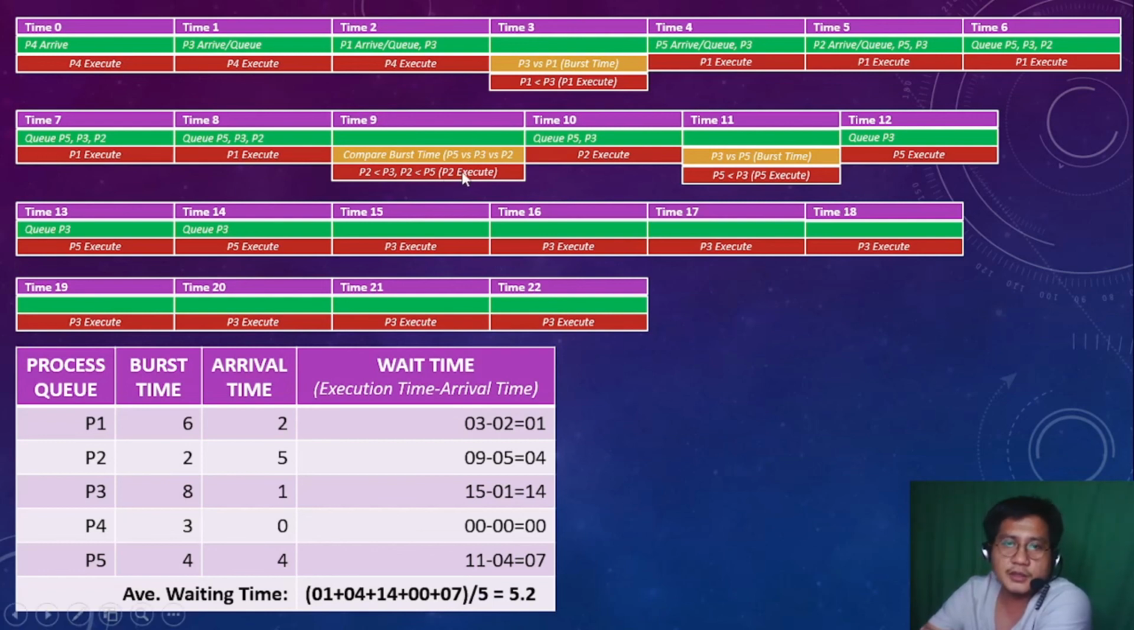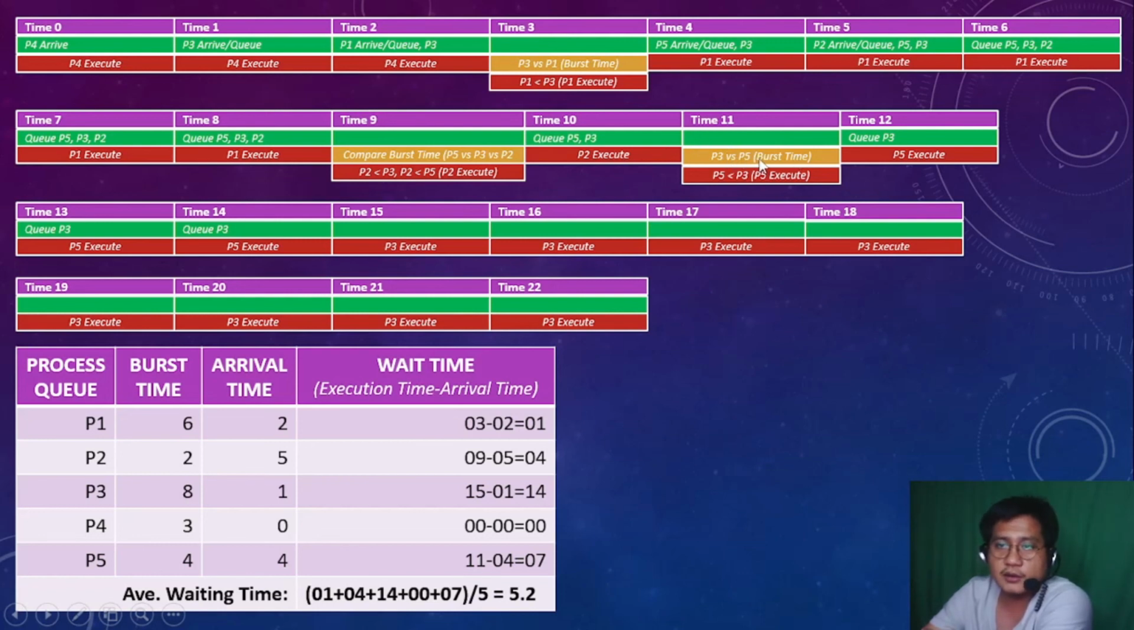So P2 will be in execution and will be processed by the central processing unit from time 9 up to time 10. So it will occupy two blocks of time, or two slices of time, in the central processing unit, since it has a burst time of 2, while process 5 and 3 are still in the queue. And then since process 2 has finished its execution at time 10,